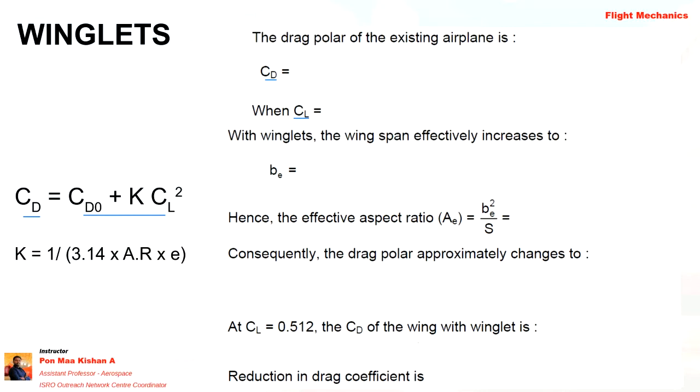See, we are calculating for the without winglet configuration, so keep that in mind. Here the parasite drag CD naught is given, the aspect ratio is given, the Oswald efficiency is given, and the CL square is also given, right? The cruising lift coefficient is given. So kindly use the drag polar equation, calculate the CD value, the coefficient of drag, and answer in the poll. Don't use the chat.